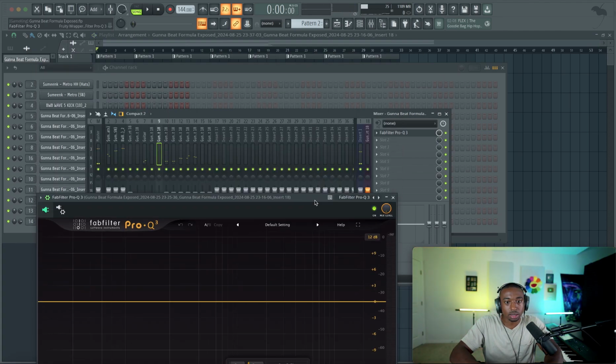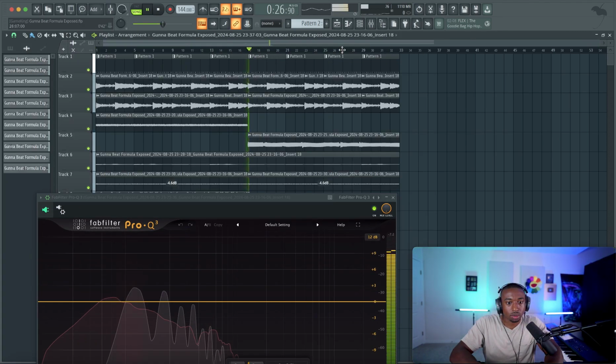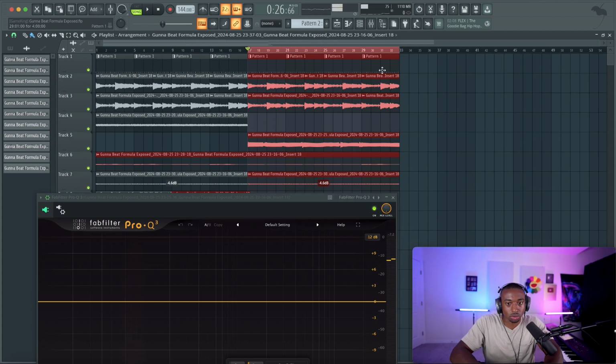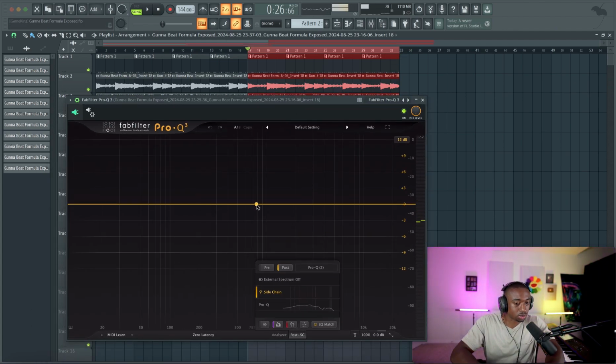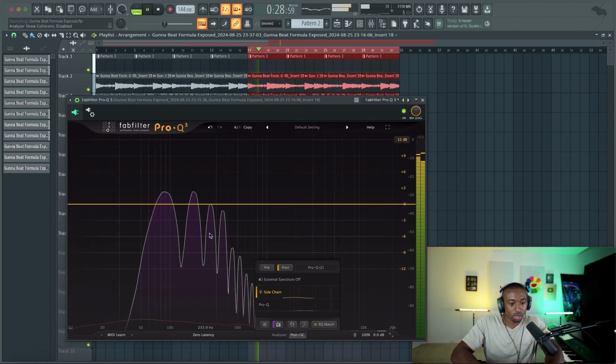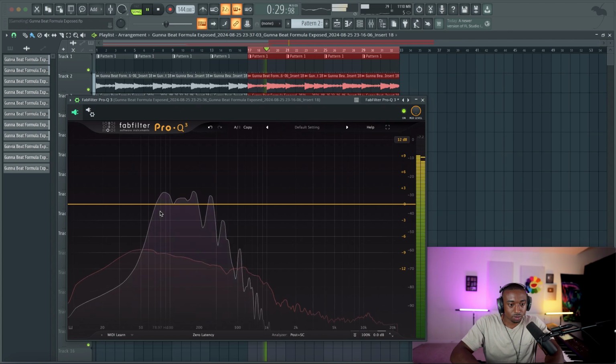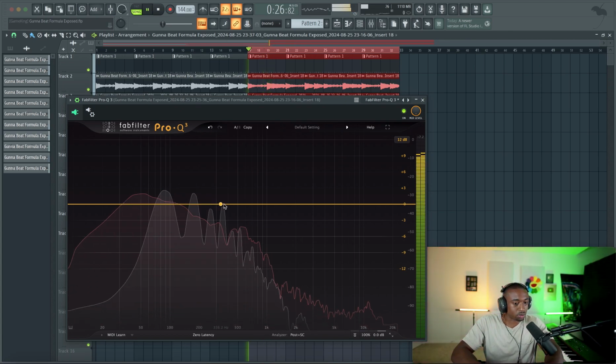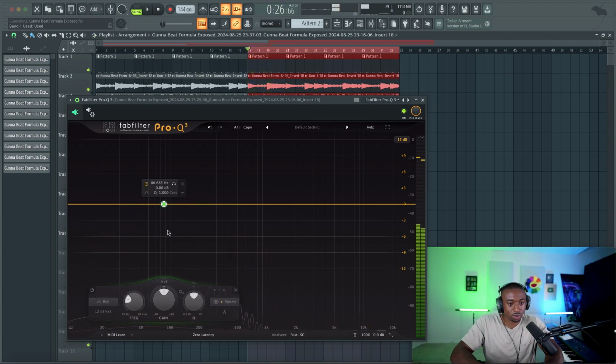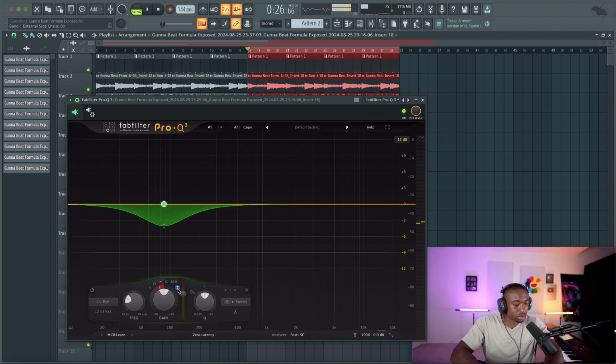Let's find that, where's it at here? Okay, so now I'm gonna look on the graph and see where do these sounds overlap. It usually shows up as red as well. So right here it was red. I don't know why it's not red now, but we're gonna turn it on dynamic mode, auto. Make sure you turn this little button on.